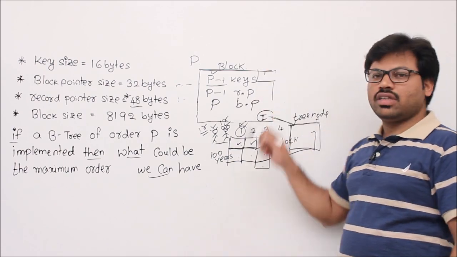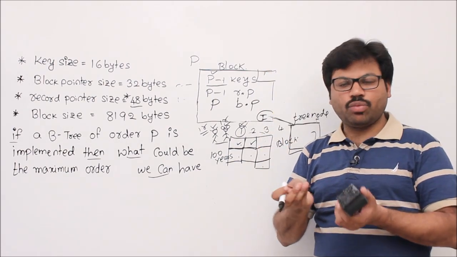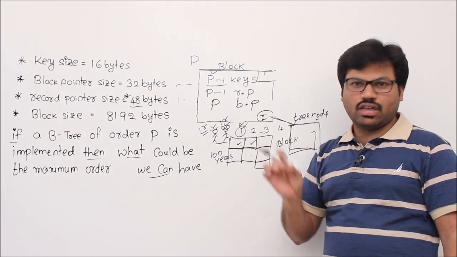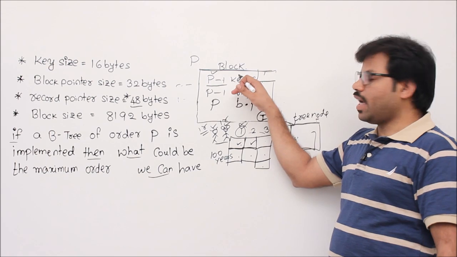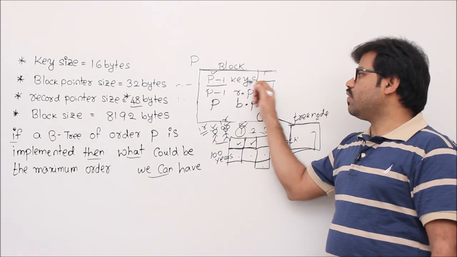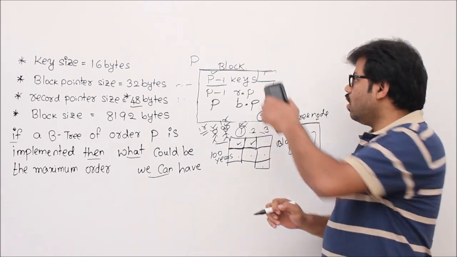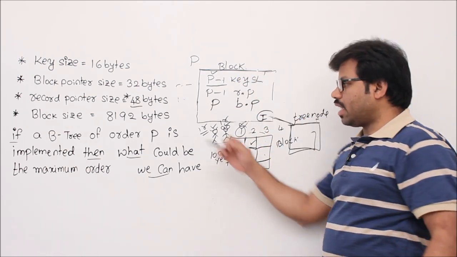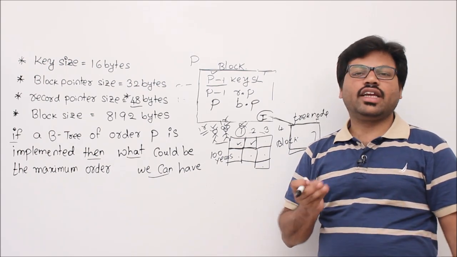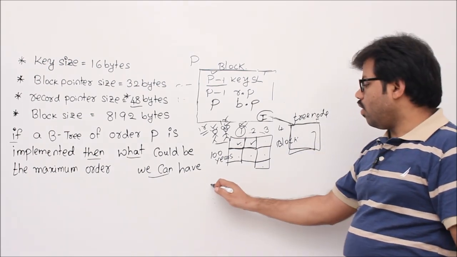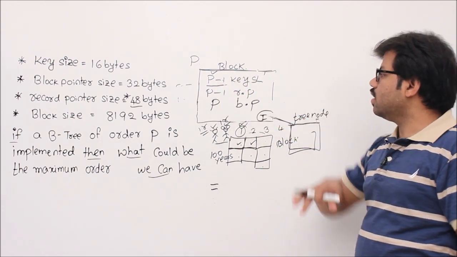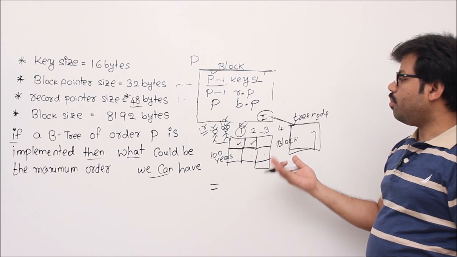Sir, what I do is I reserve some space because I have to maintain some control information about whether it is leaf or not, whether it is an internal node or not, how many members we have, correct? It will always be useful. How many valid keys we have in this node, but don't worry about those things. When you solve mathematical problems, we should ignore them, and we assume that they take very little space. Now, if I use only these essential things, then you understand what should be the maximum order we